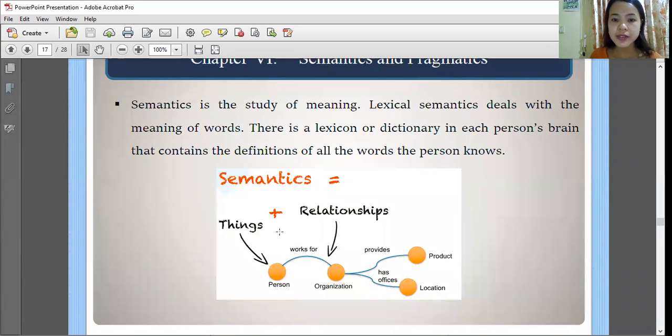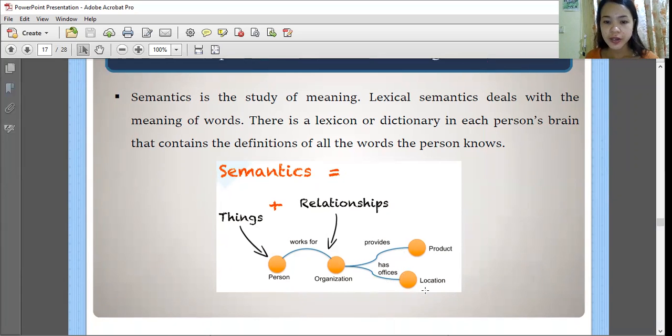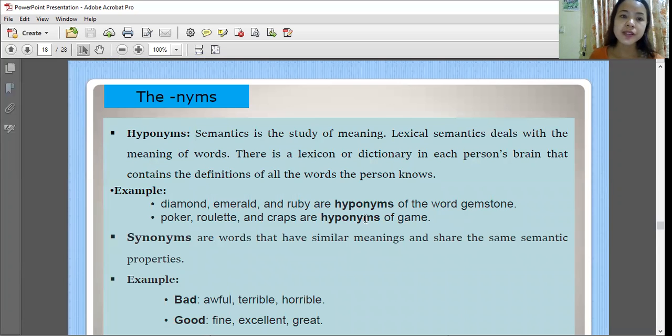And here the semantic things and relationships are organized, and they all work together. Okay, here are the names, there are four that I will show you. Semantics is the study of meaning. Lexical semantics deals with the meaning of words. There is a lexicon or dictionary in a person's brain that contains the definitions of all the words a person knows. Like here,